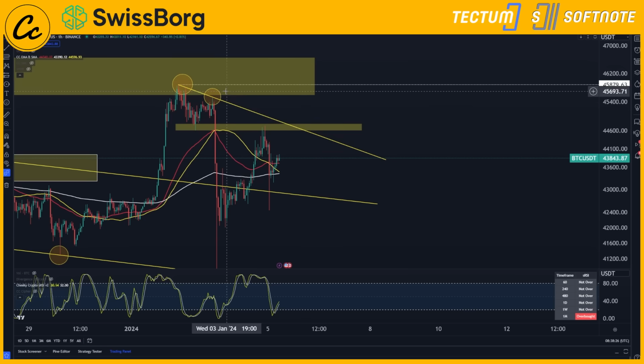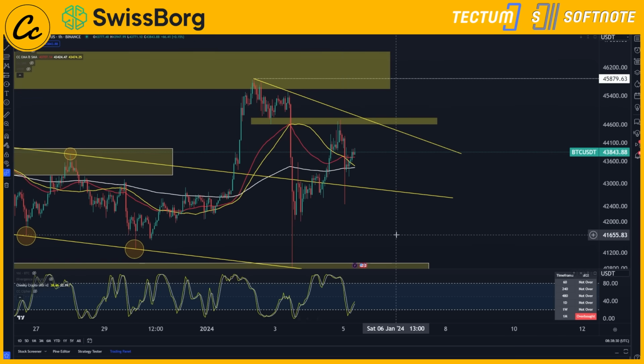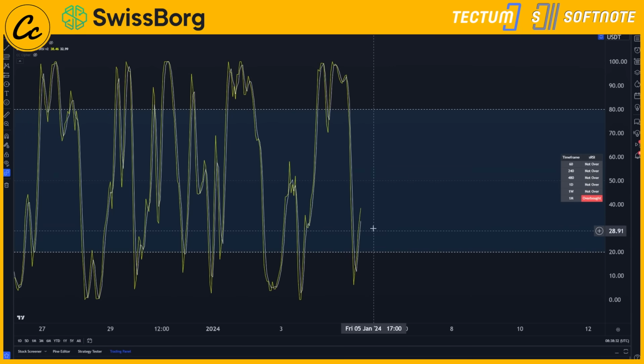Now, with all of that being said, there are some interesting things that are occurring, right? Our stochastic RSI has some room to the upside. Let me show you here. As you can see, we've still got some progression before we reach up to the overbought area. Now, we don't have to go all the way up to the overbought. We can, of course, just go right the way back down again. It's not an indication of price movement, but an indication of the strength in the move.